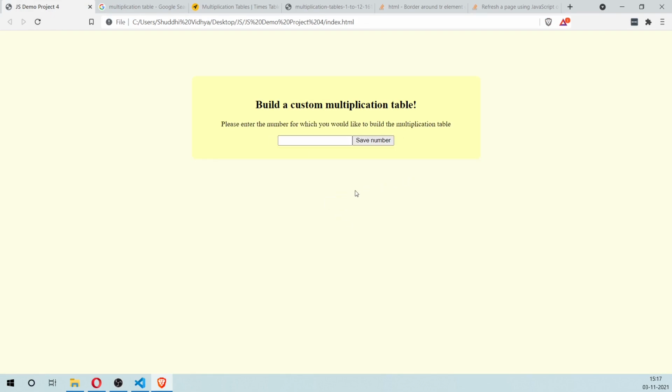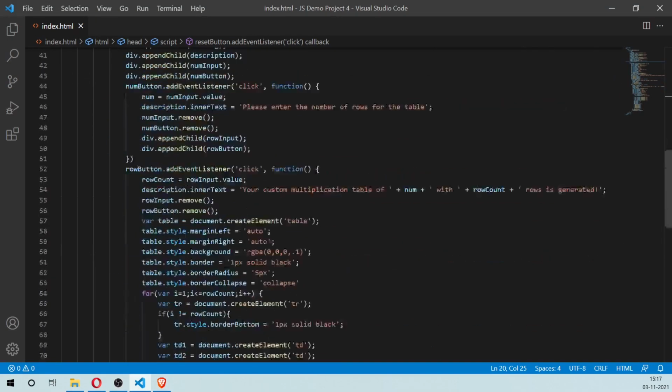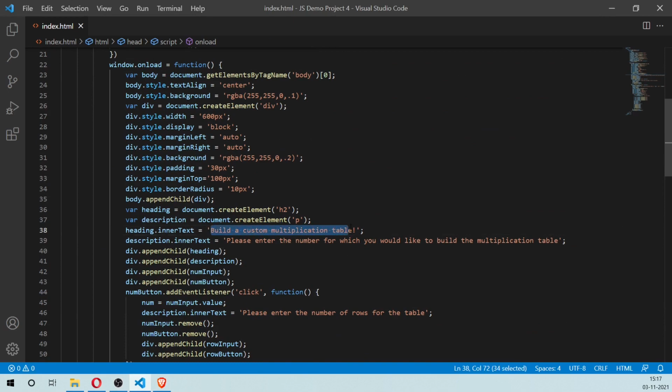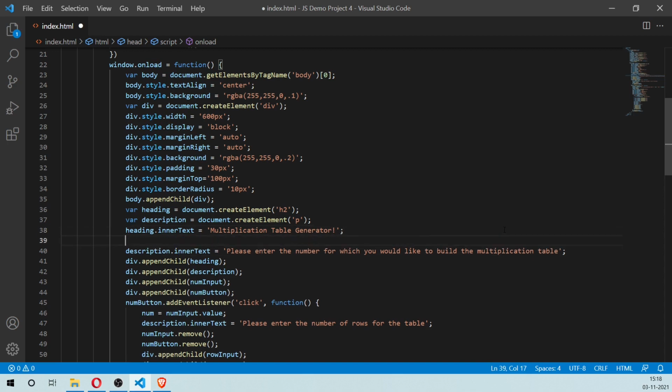Okay, so that's it. So this is how we build a custom multiplication table generator. So let's actually change the heading of this page to multiplication table generator. And we'll add "build your own custom multiplication table." Maybe we'll add this as a small title under that.